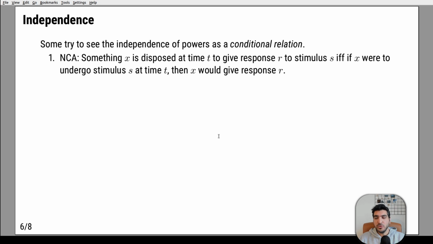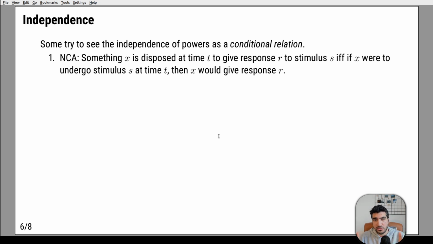So people usually try to explain powers in terms of conditionals, a conditional relation, because the claim here is that it's not a relation, but people will say, no, you're wrong. It's a relation, but it's a conditional one. So we'll look at a couple of alternatives trying to explain powers. One of them is the naive conditional analysis. That says that when something is disposed at time t to give response r, that is when it has the power to r, to a stimulus s,